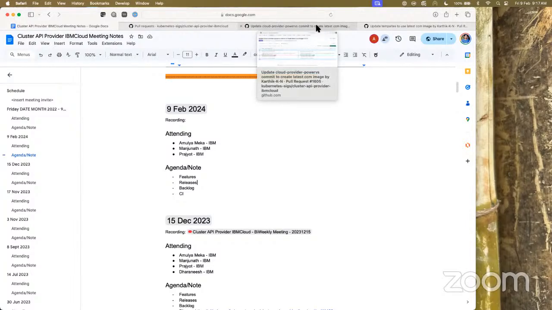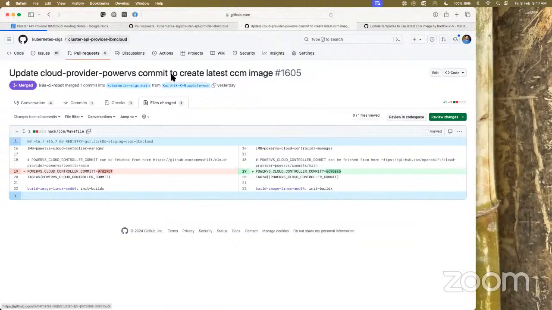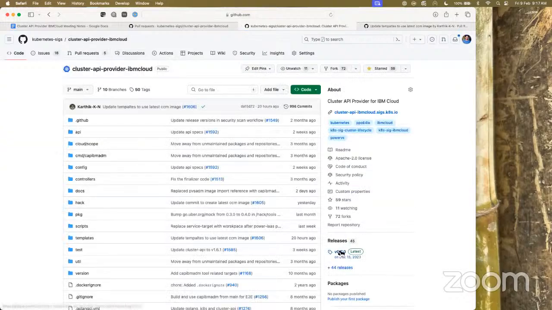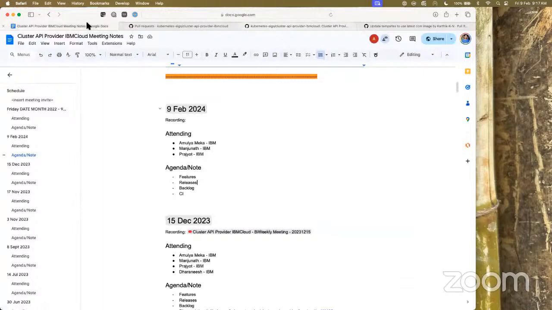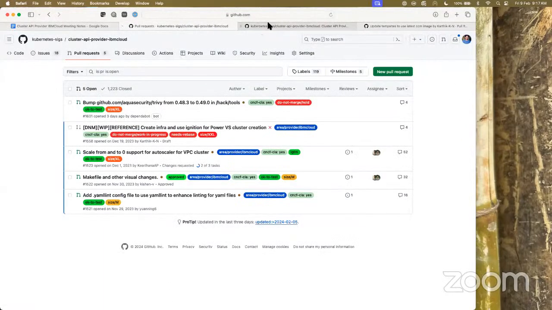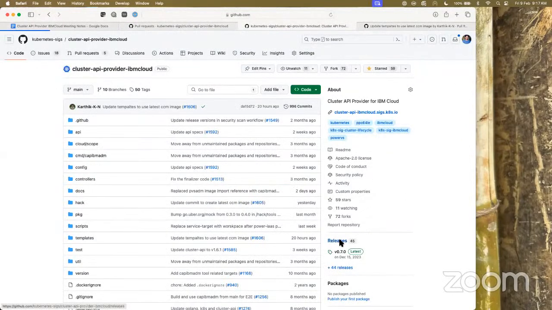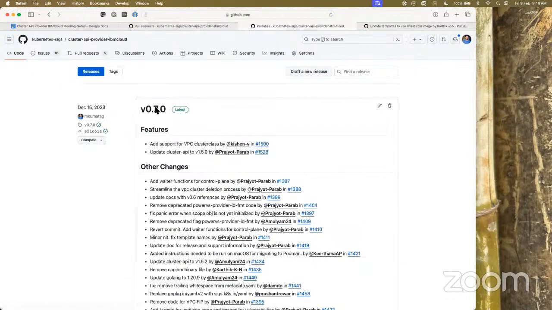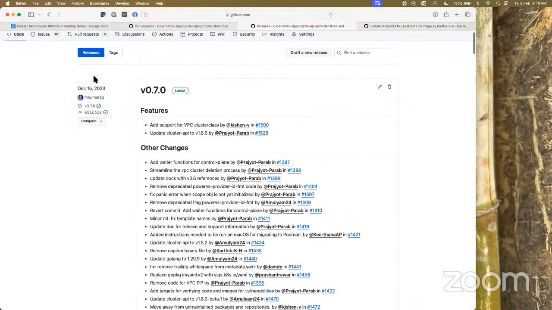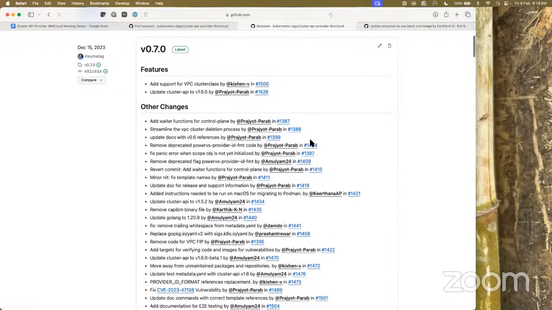And release: we did release, on December 15th itself, we released 0.7. The major features that went in were cluster class and using the latest CAPI.